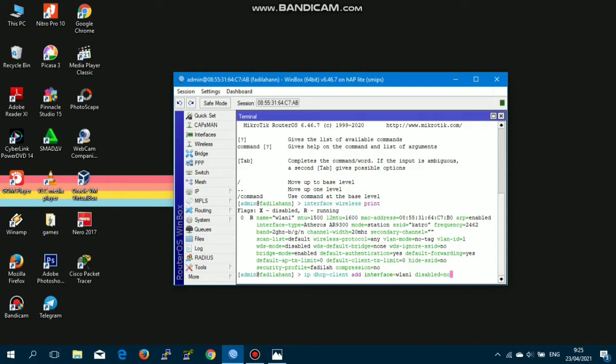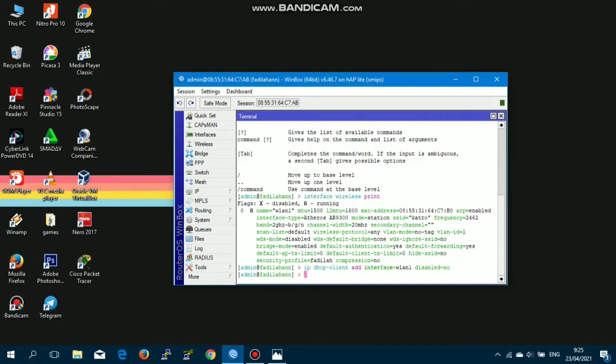This VLAN 1 will act as internet resource. Don't forget to enable VLAN 1 in the DHCP client configuration. Then check back on the VLAN 1 interface with the command IP DHCP client print.